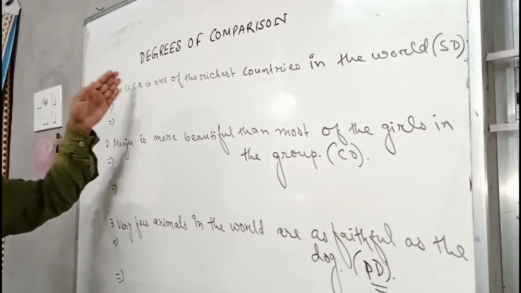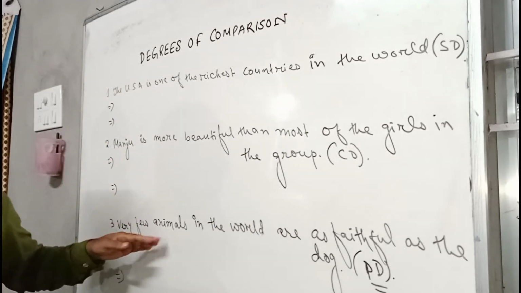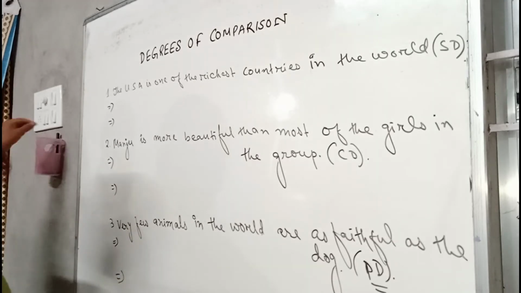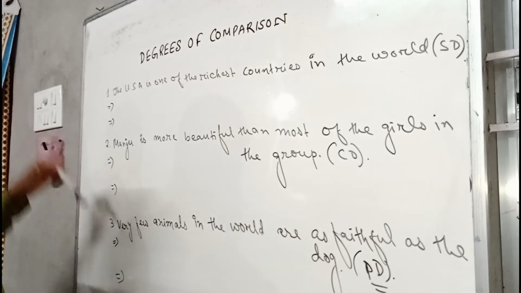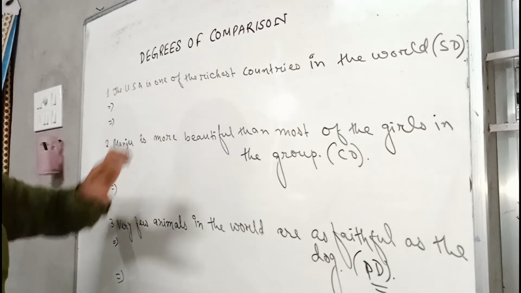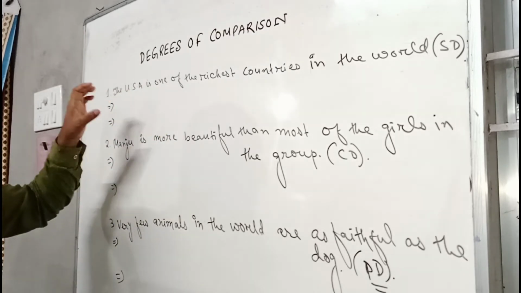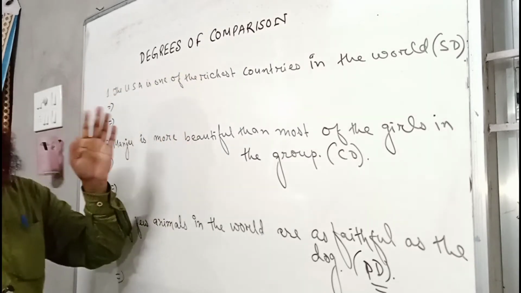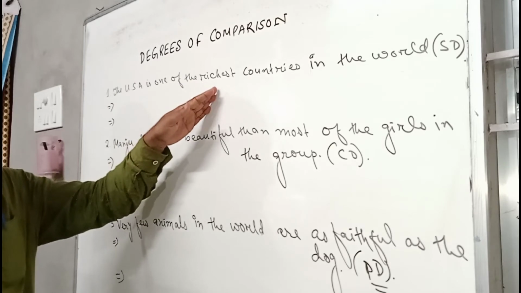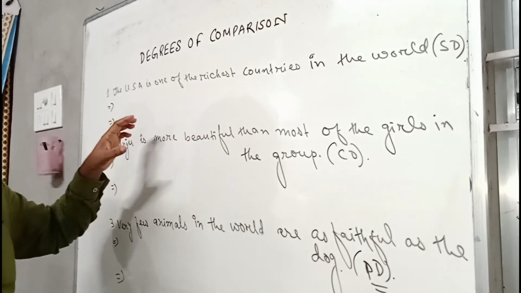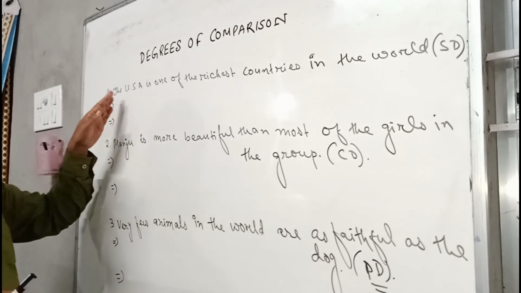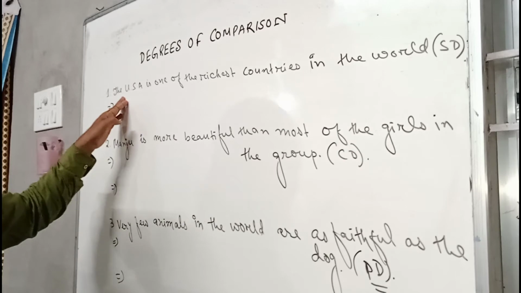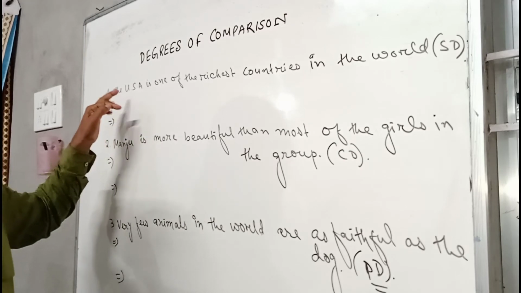Okay, superlative, comparative, and positive. And now we'll change all these 3 sentences with 2 more sentences each, where we'll get all the 3 forms of the sentences. Already one form is given and 2 other forms will be practiced here. So if we want to change it into comparative one, then we have to start the sentence with the very